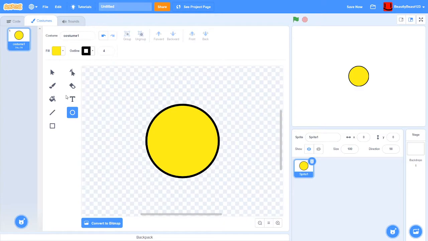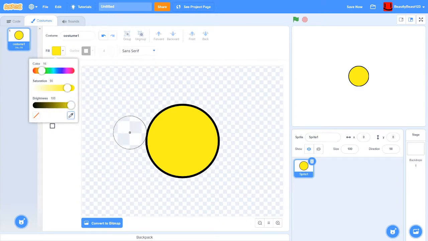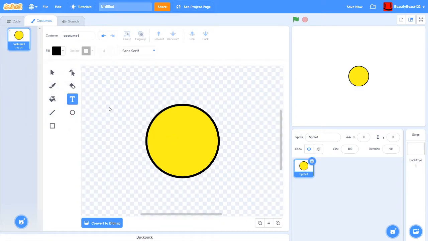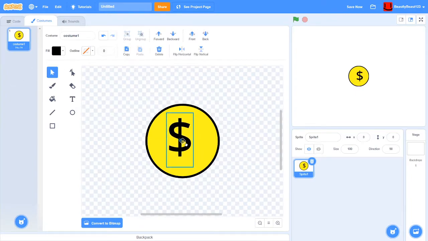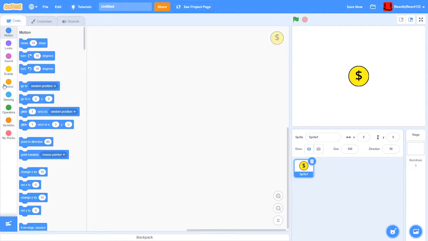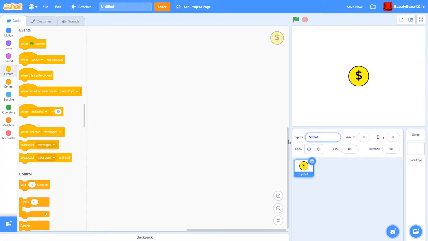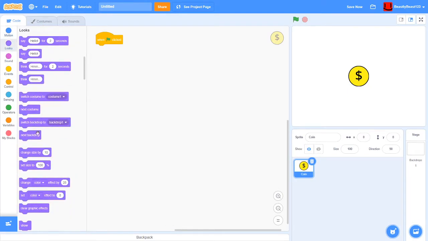So a nice way to make a dollar sign inside of Scratch is to just get the text and then type a dollar sign. There we go. Just gonna center it real quick. There. So I'm just gonna rename it coin, and we're going to do when I clicked, then